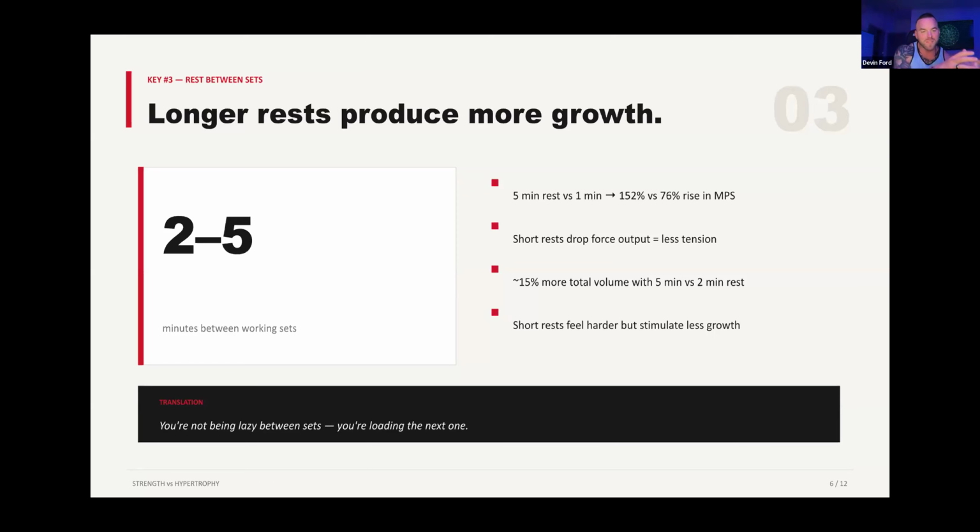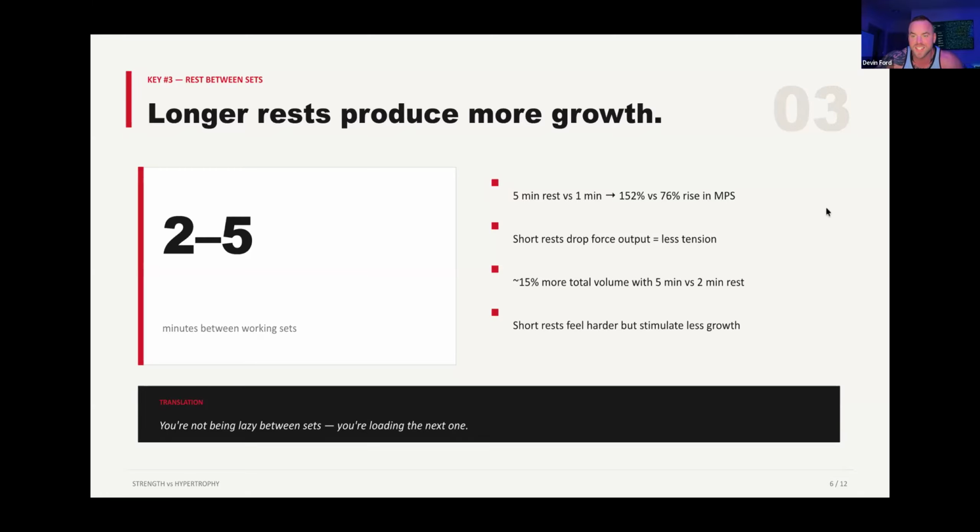But so there's that versus the other one where I do a set. I get up. I walk. I go to the bathroom. I come back, right? 5 minutes later, and then I do another set. Just from that alone, you would have doubled the progress. You would have increased muscle protein synthesis by an additional 70, 80%.